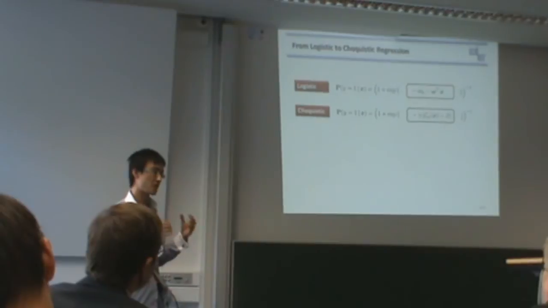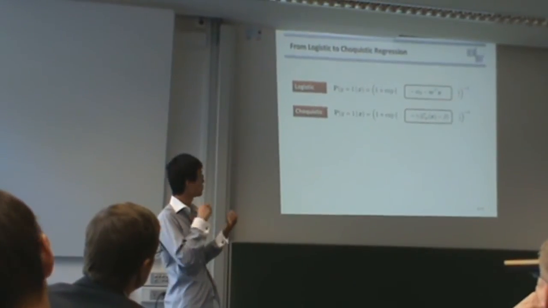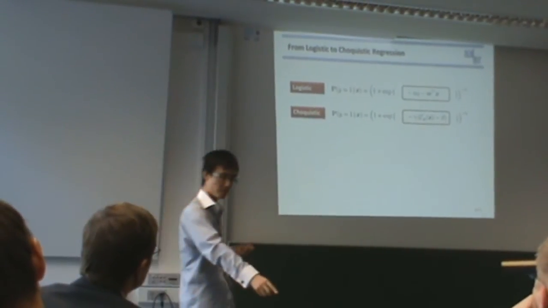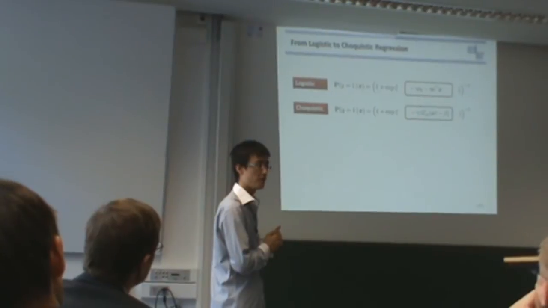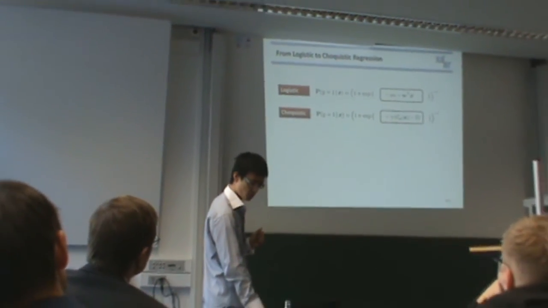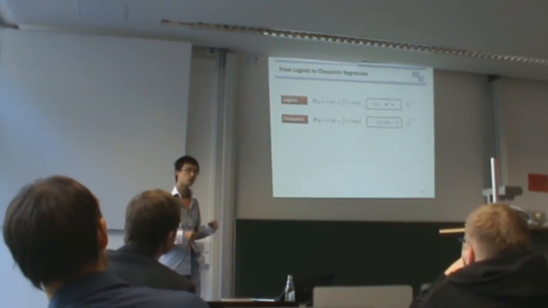the posterior probability given the instance. What is the chance that the instance is a positive class? We model this probability using a logistic function. So here we have a linear combination between the weights and features. Right? And what we do here is we replace this linear part with the Choquet integral and then introduce another two model